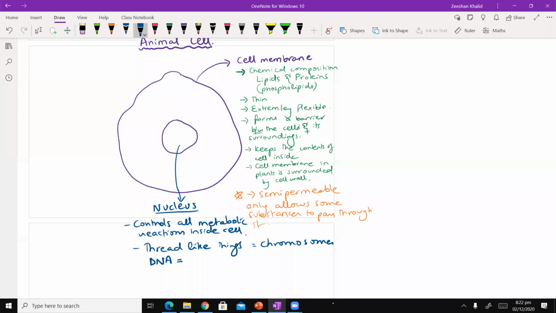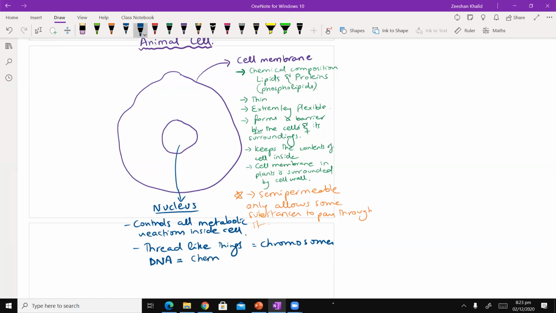Let me give you an example. I'm using a table at the moment. I'm sitting down at the table. That's a table which is made up of wood. So can I say that that's my table? And then can I say that's wood? It's technically not incorrect to say it's wood, but what we need to understand is that the name is table, and the chemical composition is wood. Similarly, the chemical composition of chromosomes is DNA.